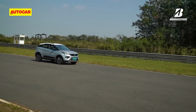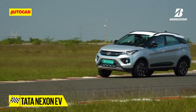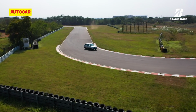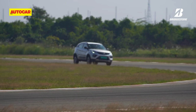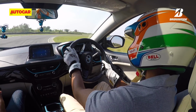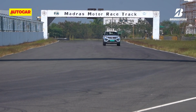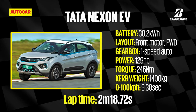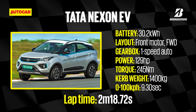First car on the board, the Tata Nexon EV. Now, a crossover EV is not the ideal car for the track. Worse still, one whose top speed is capped at 120 kph. But 2019's Hyundai Kona Electric did impress us, and the Nexon does have an inherently good handling setup, so we just had to know. Turns out it wasn't too bad, posting a 2 minute 18.72 lap time and leaving Narain